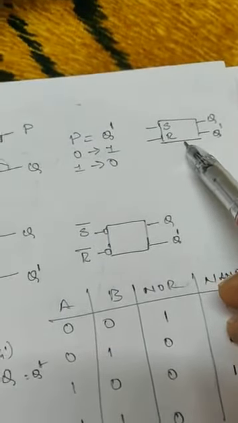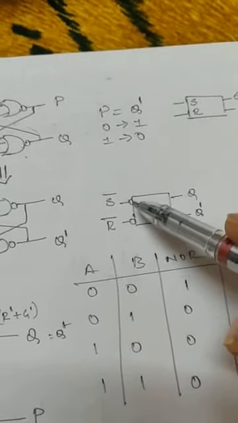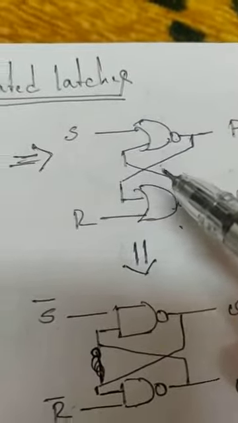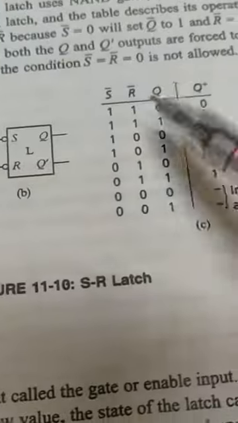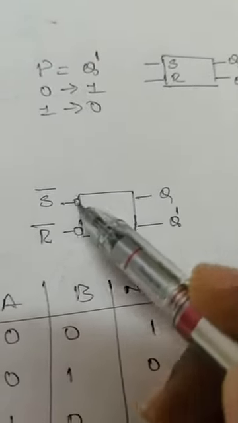This is a standard form of representing a latch. So when it comes to NAND gate, this is supposed to be written like this. A bubble should be added. Why should the bubble be added? Because I told you about this table, no? This table is a complement of this table. This table belongs to this circuit. Okay, this table belongs to this circuit. So this table is a complement of this table, so we added a bubble here.